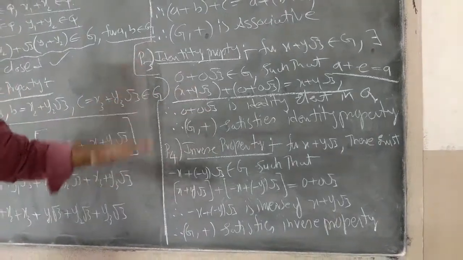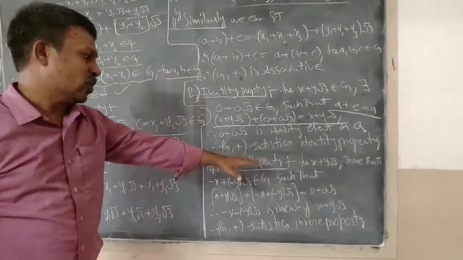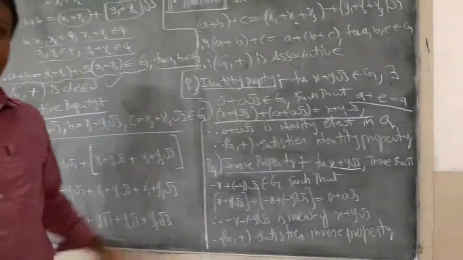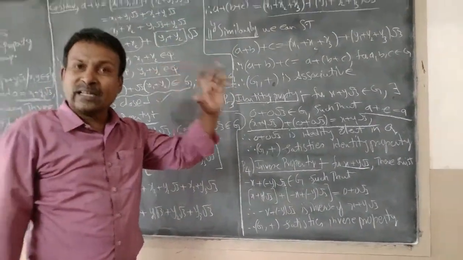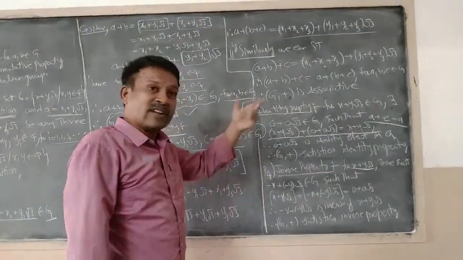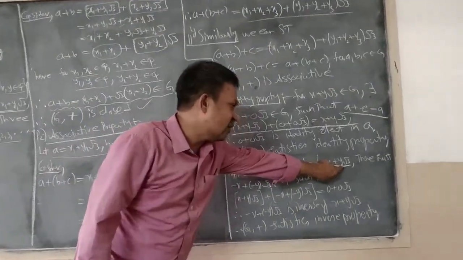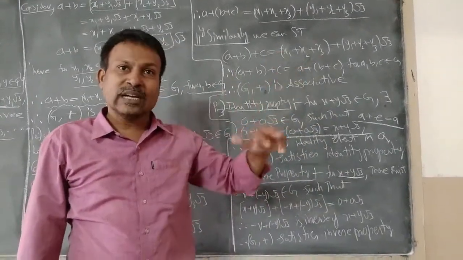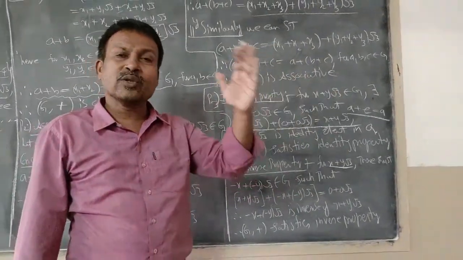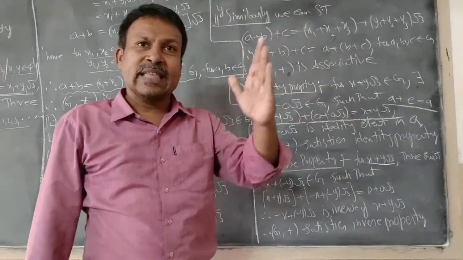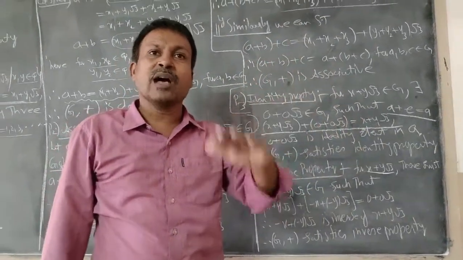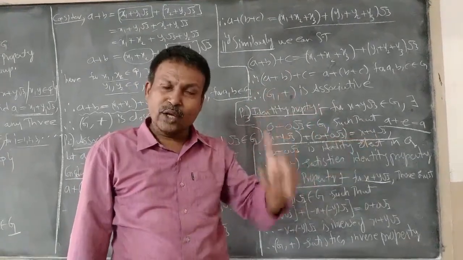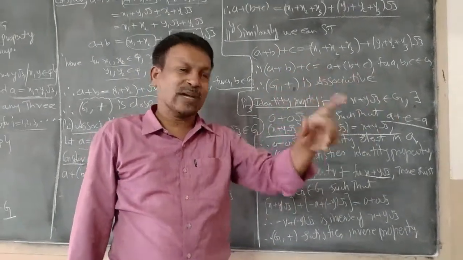And the next property is the inverse property. So, I take x plus y root 3. In our mind, we have to get a clear calculation about the inverse element of x and the inverse element of y. Why? Because x comma y are elements of Q, that is rational numbers. For x belongs to Q and y belongs to Q, there is minus x comma minus y belongs to Q. Why? Because the additive inverse of x in Q is minus x, and the additive inverse of y in Q is minus y.